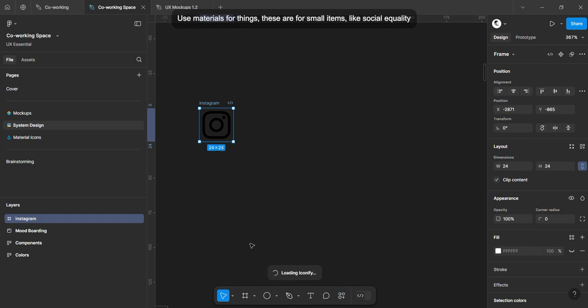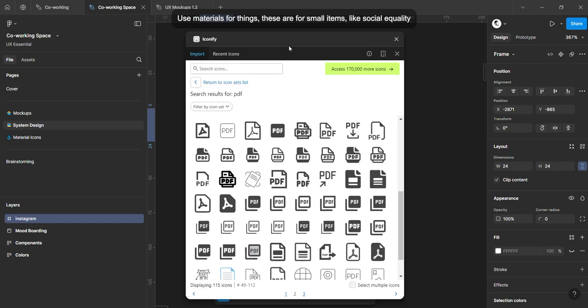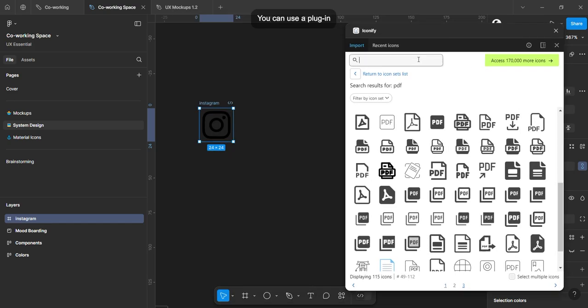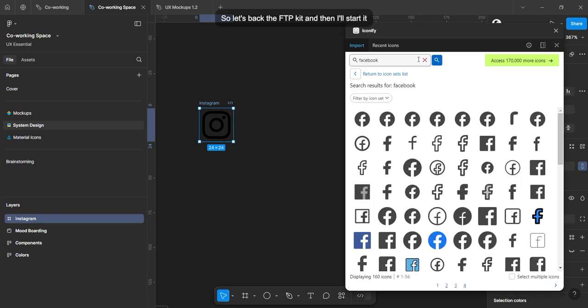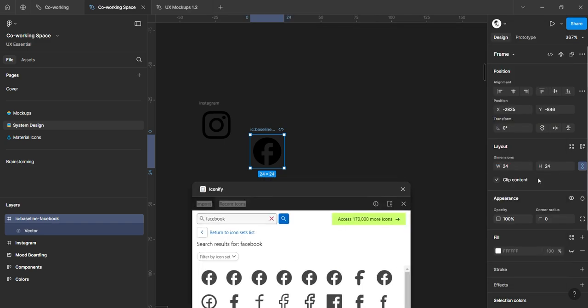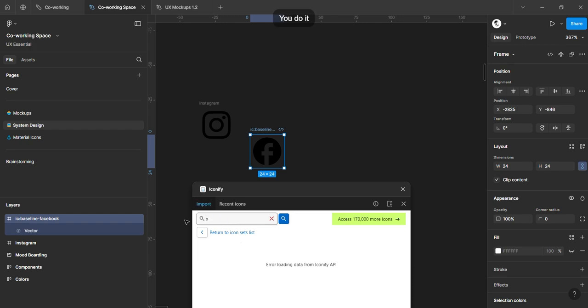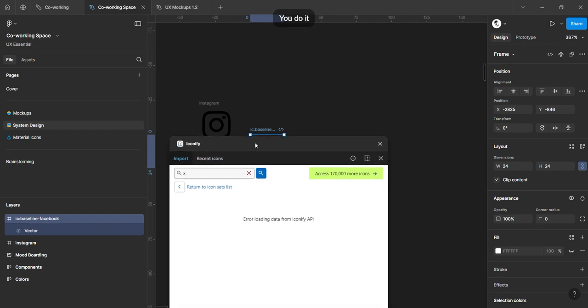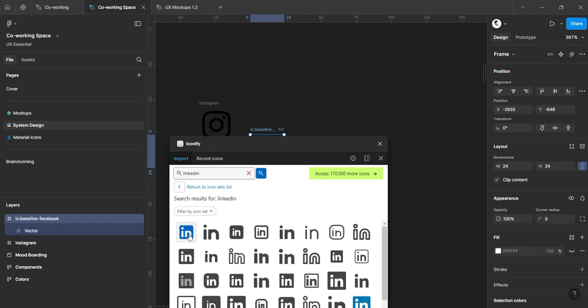आइकॉन ऑफ आईडी अच्छा है, बट सब चीजों के लिए मटेरियल यूज करो। ये सब छोटे मोटे चीजों के लिए, जैसे सोशल मीडिया, उसके लिए यू कैन यूज प्लगइन। तो लेट्स फेसबुक, I'll take Facebook from here, drag किया, ठीक है, and then I'll take it in the size of 24. Let's go to X, नेक्स्ट नहीं ले रहा है, लेट्स गो टू लिंक्डइन। लिंक्डइन आ गया।